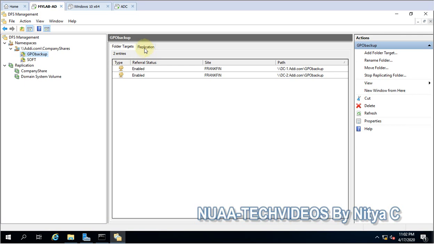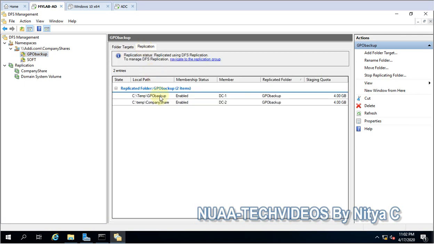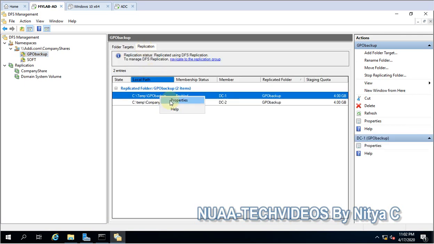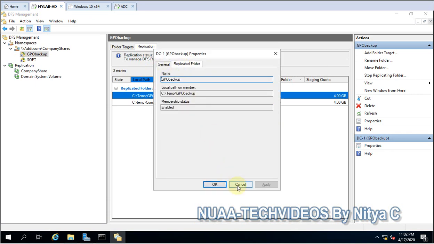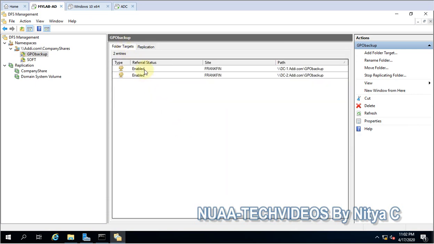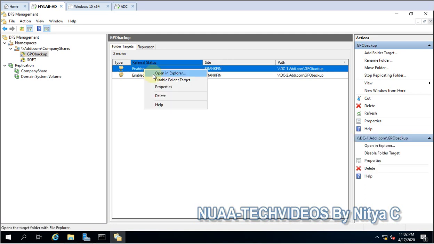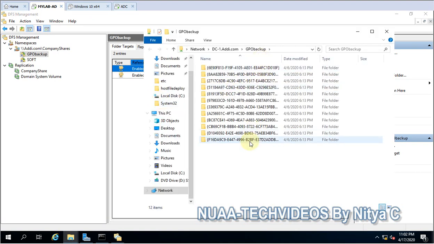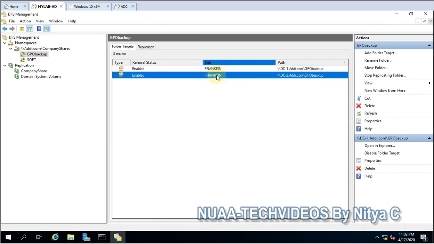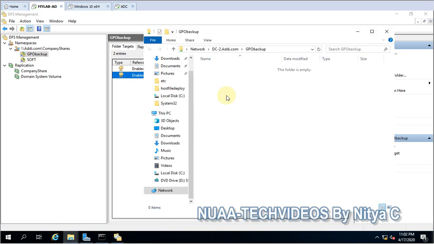Let me show you the replication here. You can again define the properties, what the folders are. Let me open this on DC1. On DC1, this is the path, you can see GPU backup. On DC2, let me see whether this is replicated or not.